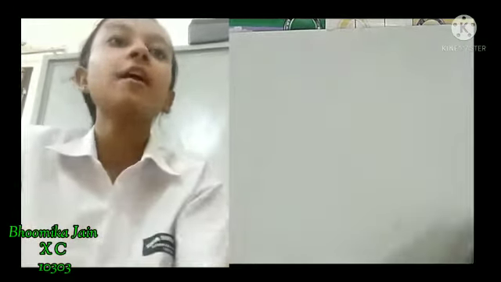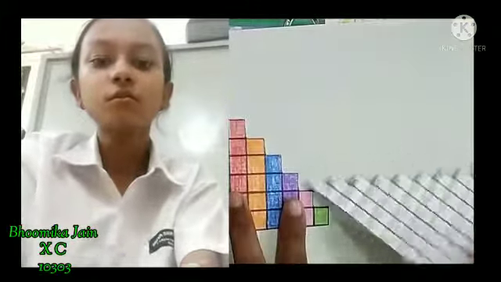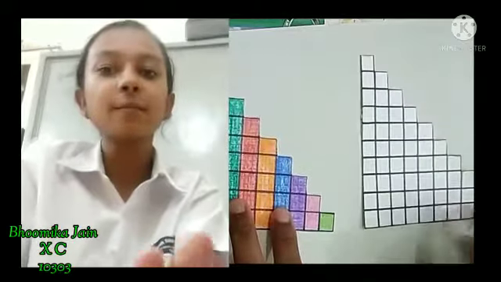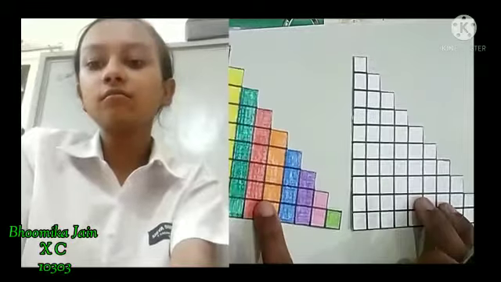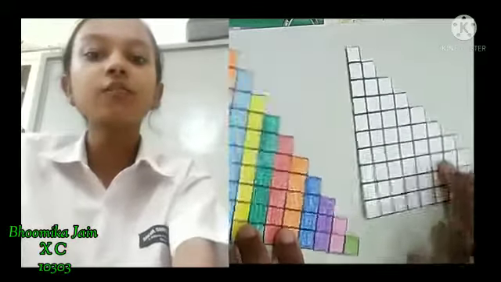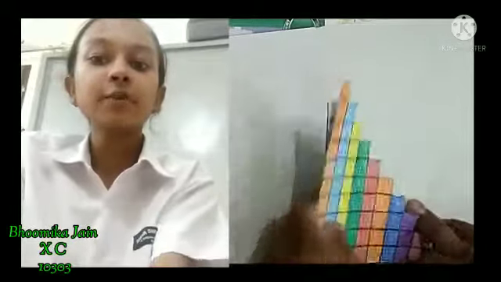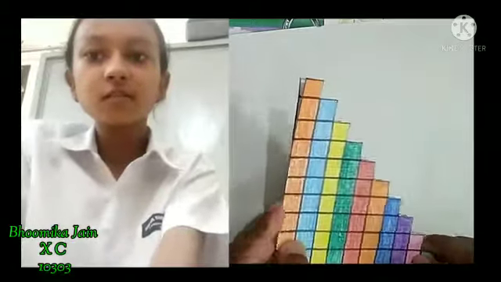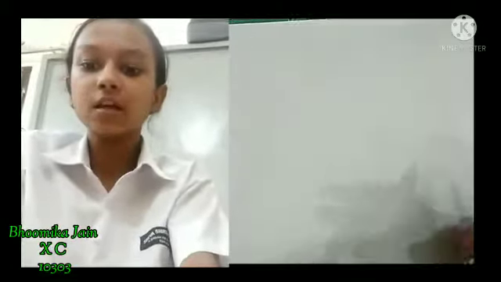See, here we have two almost, you can say, triangles. And this is the replica of this one. We know that if we put one on the other, it will cover it completely. That means they are of the same size, because it is covering it completely when we put one on the other.